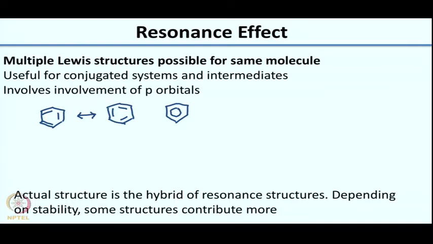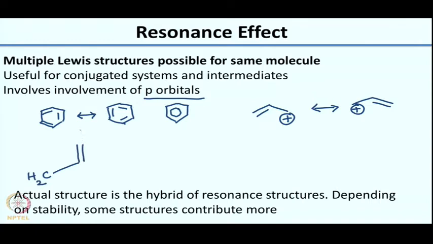Conjugated systems means systems, for example, where I have say a positive charge here. The resonance structure for this would be, also it involves p orbitals. So a lot of times what you would see is you would have structures. So this is the structure of an intermediate. A resonance structure of that would be